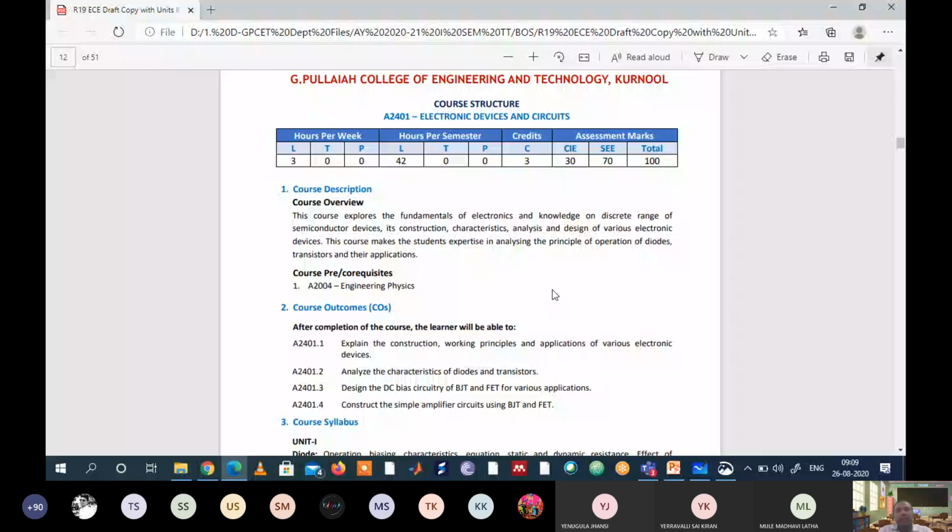The third point is to design the DC bias circuitry of BJT and FET for various applications. You need to design a BJT and FET. What are all the required components we need to connect to BJT and FET, so that the BJT and FET will operate in a very good manner, so that we get the required output at the output side, and they should be